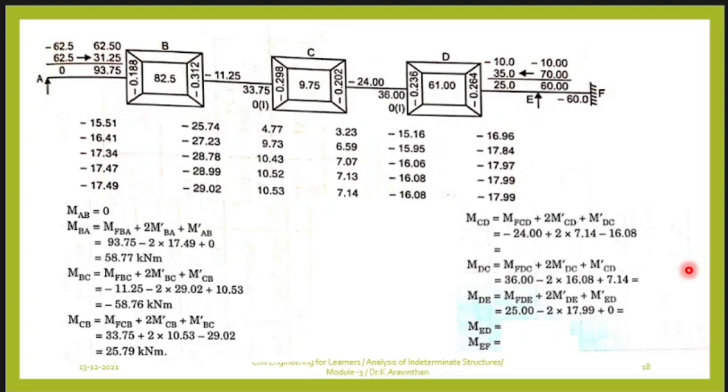Even if you understand the concept, you don't need those two formulas. Concept wise, if you know, you can add the value, that is M dash CD. What is M dash CD? C to D is minus 24 written here, and M dash CD. What is the answer? Final answer you got here as 7.99. 14 and D to C is 16.08, twice of 16.08, 25.8, that is minus, and next answer is